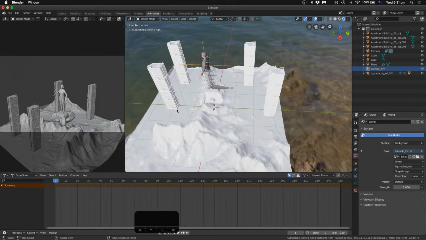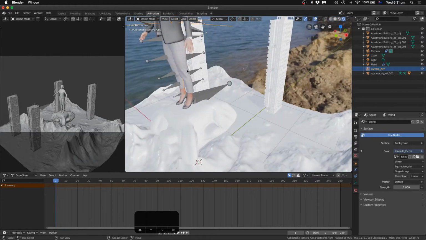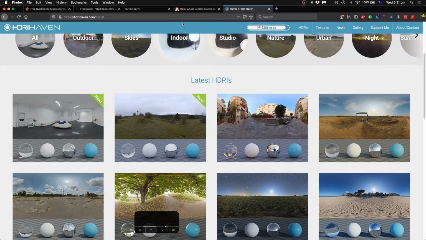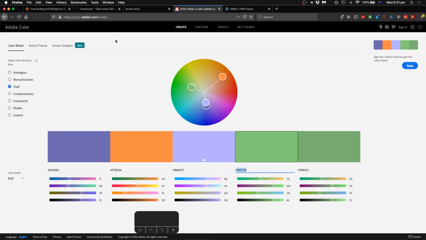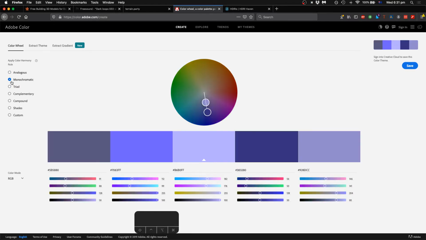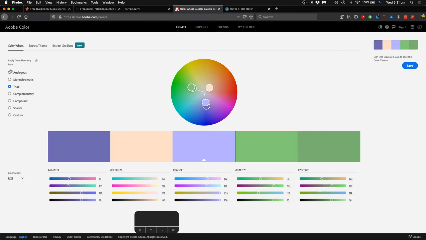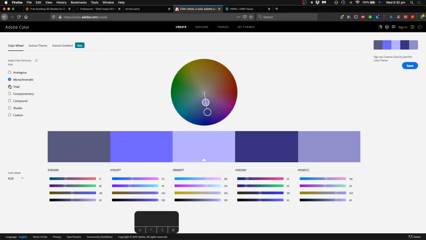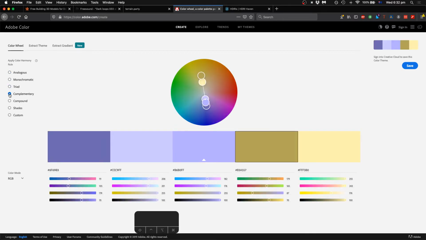But we need some color for our objects. One online resource I wanted to show you is this website here. This is color.adobe.com. And what this website does is it basically automates formalist 20th century color theory. So for those of you who've studied painting, you should know the terms like analogous colors, monochromatic, triads, complementary color